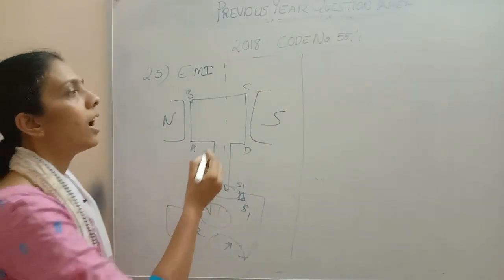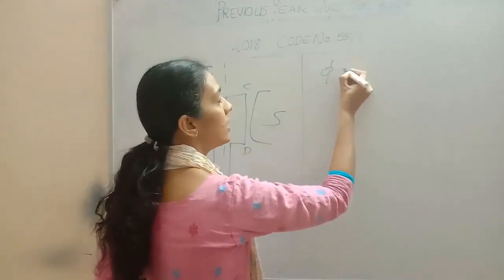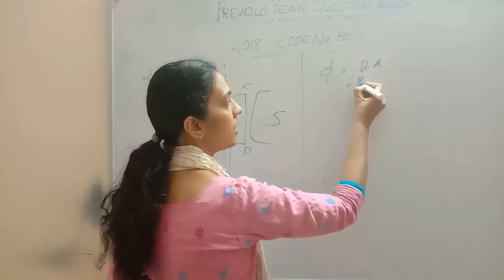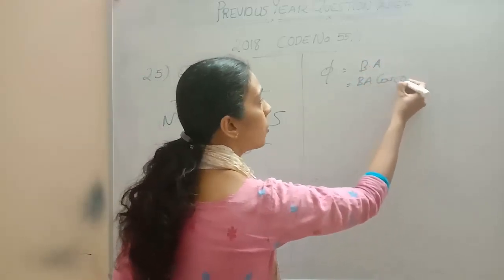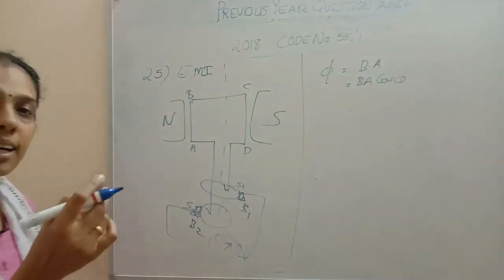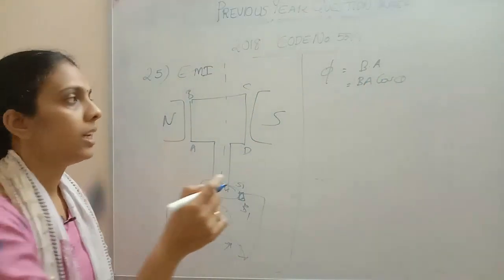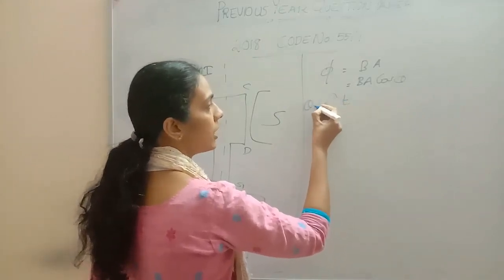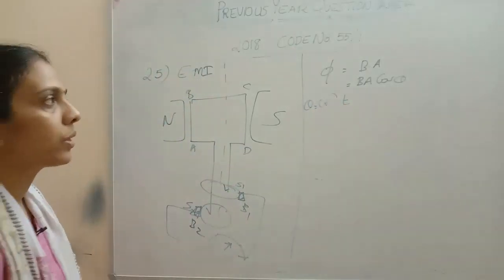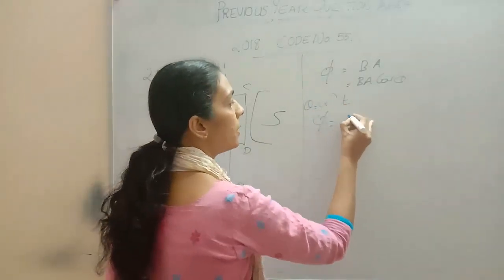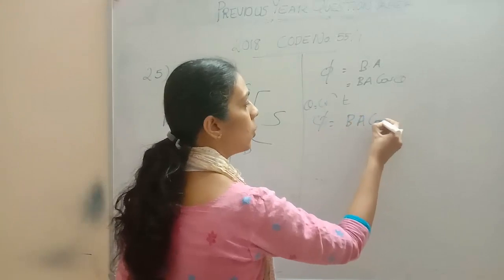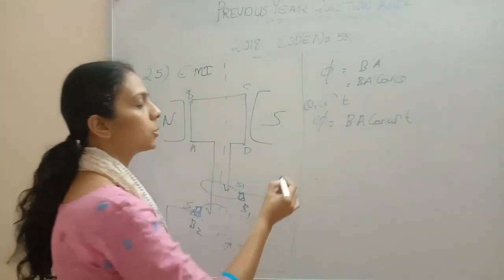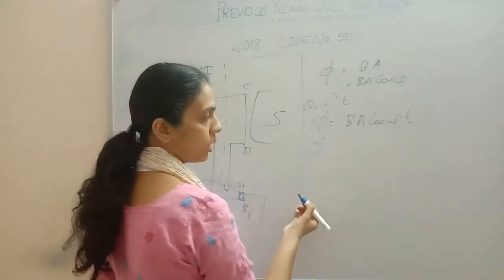Okay, so how is the flux linked with the circuit? We know that phi is equal to B dot A. So it is BA cos theta. What is theta here? If omega is the angular velocity, then for a time t, theta will be equal to omega t. So phi we will get as BA cos omega t. If there are N number of turns in the coil, then the total flux linked with the circuit will be equal to